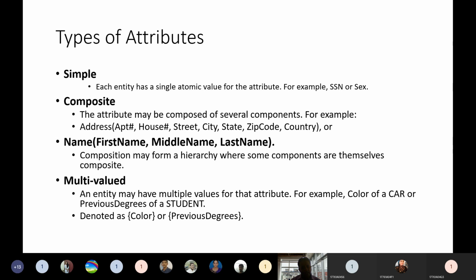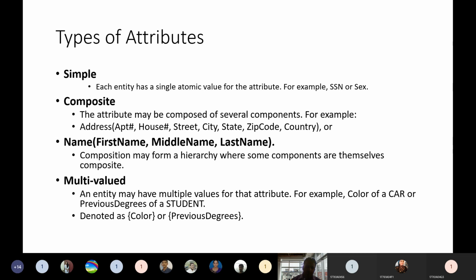Address has again some subcomponents within that, nothing but the apartment number or flat number, house number, and then street, city, state. All these are different fields, otherwise different attributes. Those all together we will make as a single attribute. That is what address.